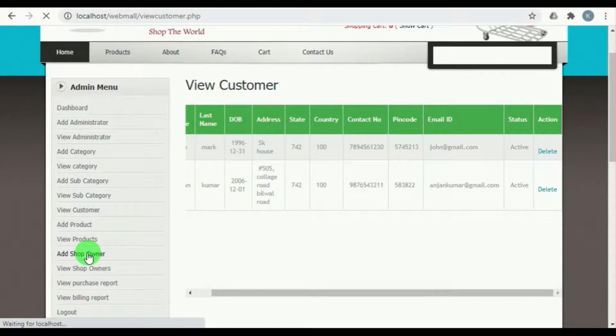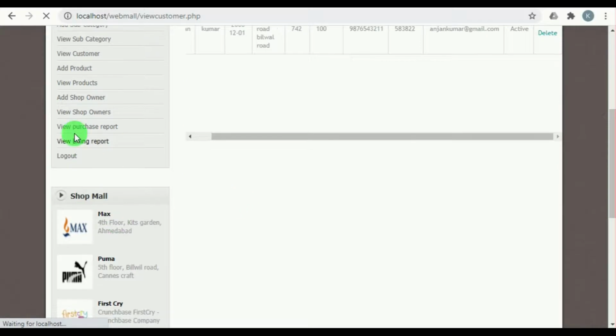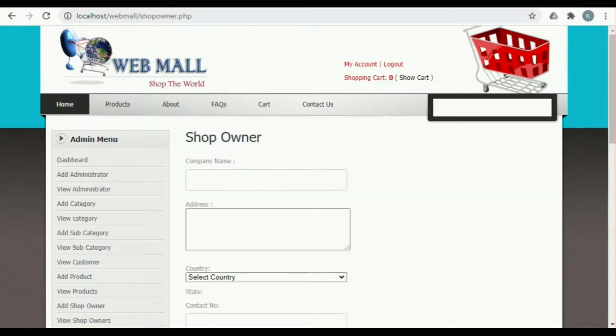Under add shop owner, here the admin can add the various shop owners.